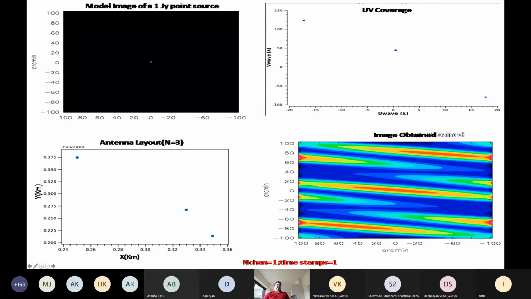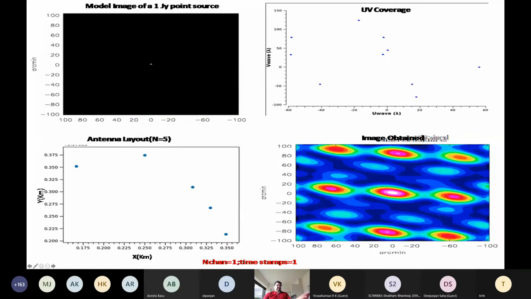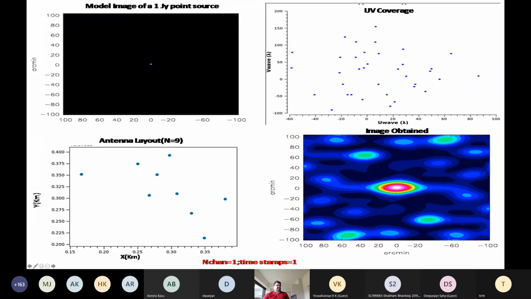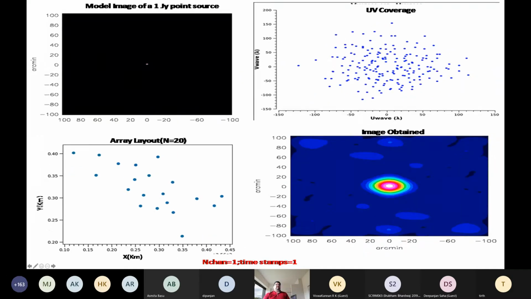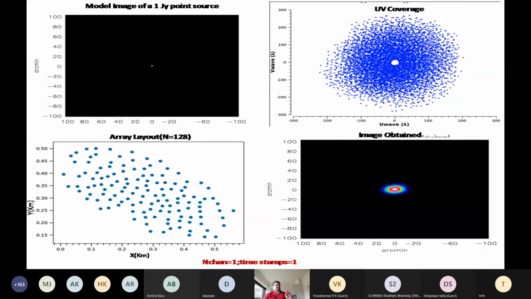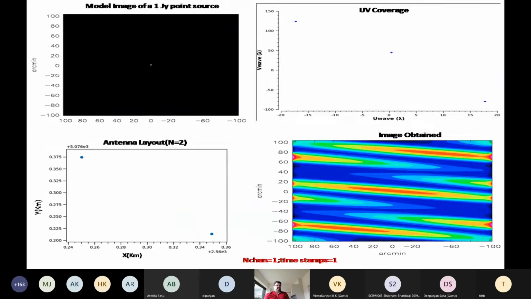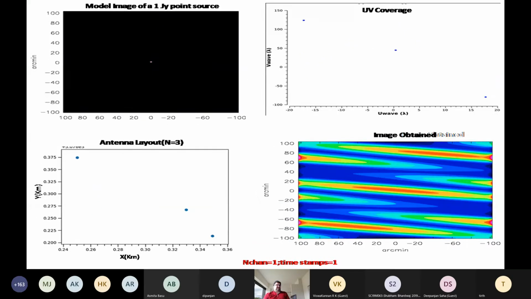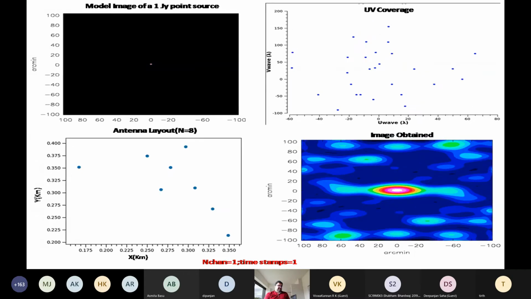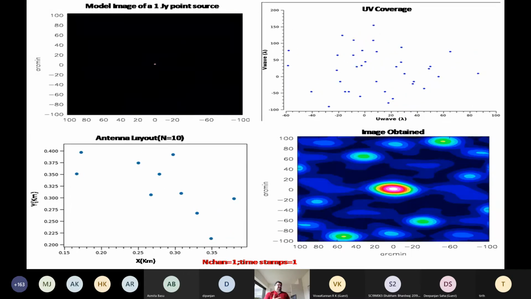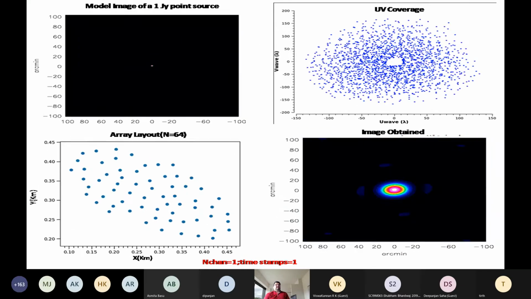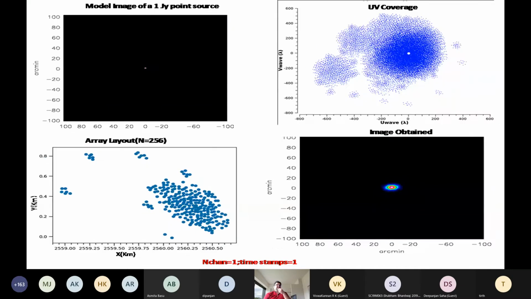So what we're doing over here, just to explain what we told in the previous 2 slides, is we have a model image. It's all simulation, okay? Model image with a single source of 1 Jansky. Jansky is a unit in radio astronomy. It's 10 to the power minus 26 watts per meter square per hertz per steradian. Very faint number compared to any standard electrical devices which give powers in milliwatts and so on and so forth. This is 10 to the power minus 26 watts, so fairly faint.